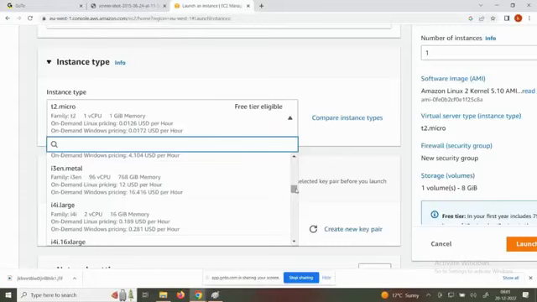Once it has reached 1 year, you can reactivate your account, but you may not have the free tier. So go and create another account, and in that account you will have free tier eligibility where you can work for 1 year. Okay. Thank you.